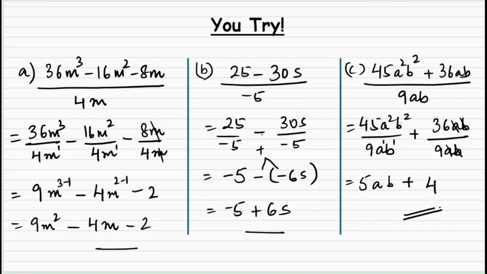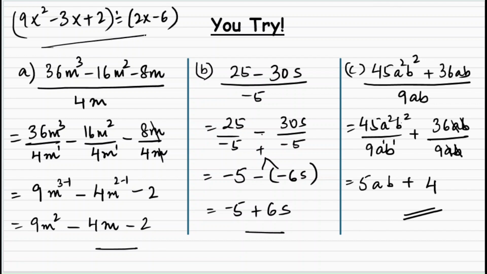So this was all about division by a constant and the division by the monomial. But what happens when we are dividing our polynomials with binomials? For example, I have the case of 9x square minus 3x plus 2, this trinomial, divided by 2x minus 6. What will the division look like in these cases? To learn about that,